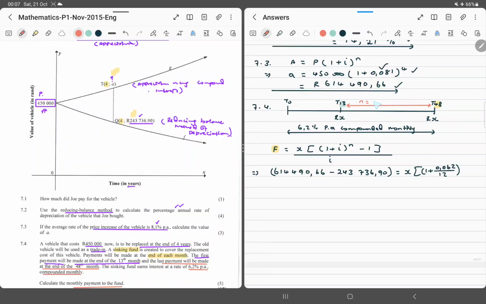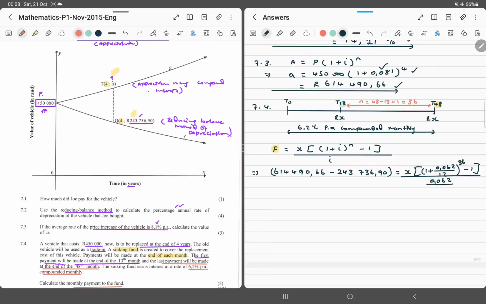So n here is going to be 48 minus 13 plus 1. This gives us 36. Okay, great. Because there's an extra payment that we're putting down on term 13. So this is going to be to the exponent 36, minus 1, all of that over